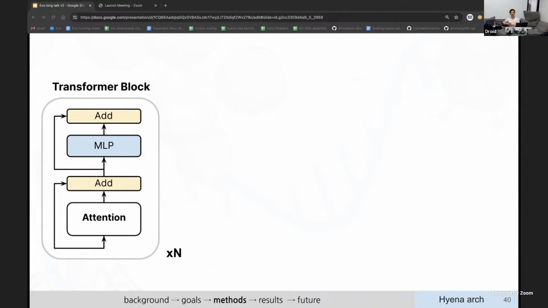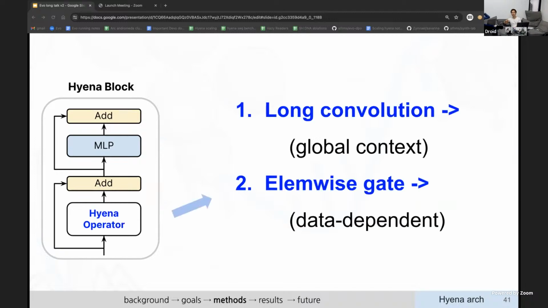And I'll just share a few tidbits of what was going on as we were developing this. I do want to talk about the Hyena architecture itself and give a little bit of insight about its differences and perhaps some of its trade-offs for how we model DNA. So the starting point for the Hyena architecture is actually the transformer block, which is made up of the attention layer and the MLP, as well as some residual connections.